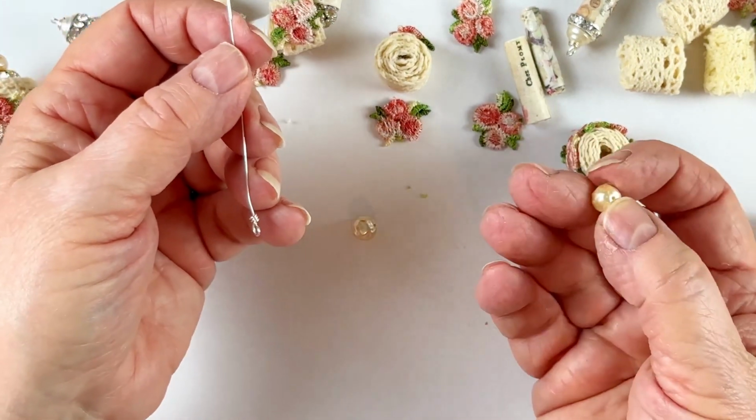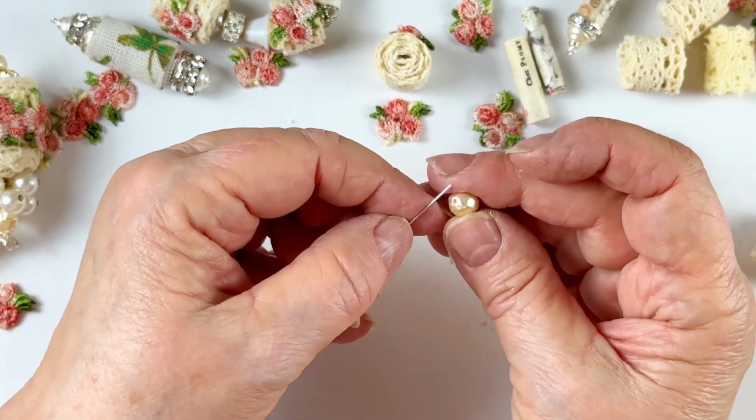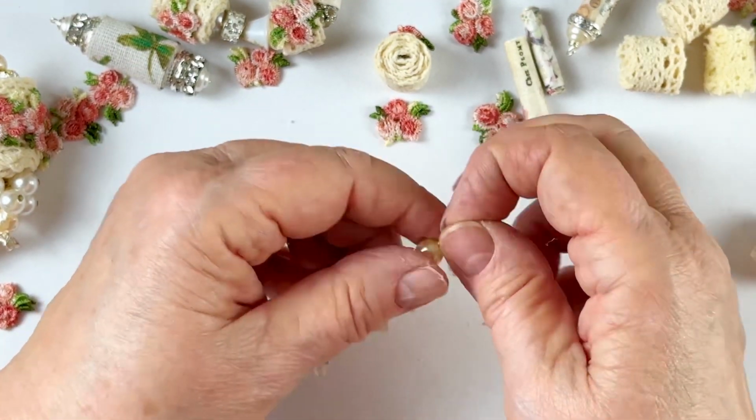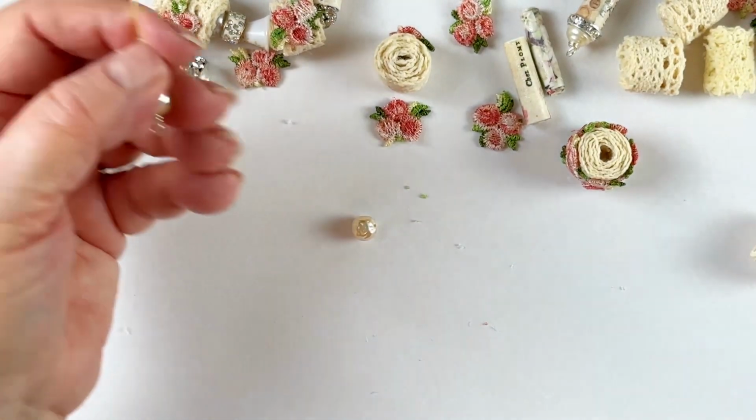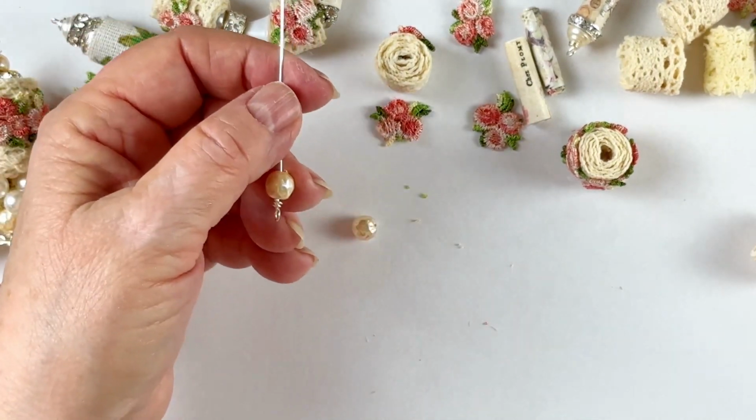So anyway, I'm going to put one on because I need that stopper to kind of make it stay where I want it to be, you know? Okay, so now I've got that. Now next to that,